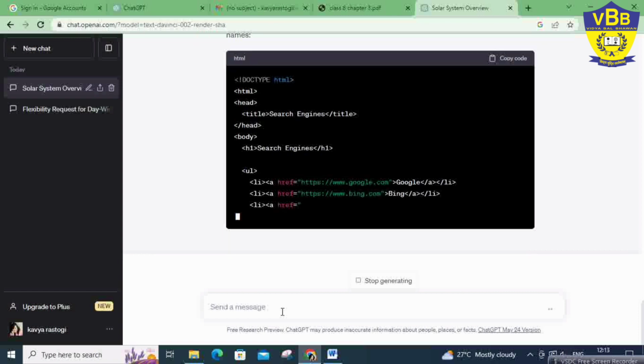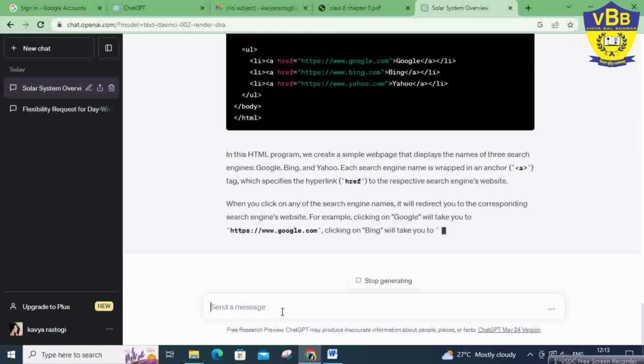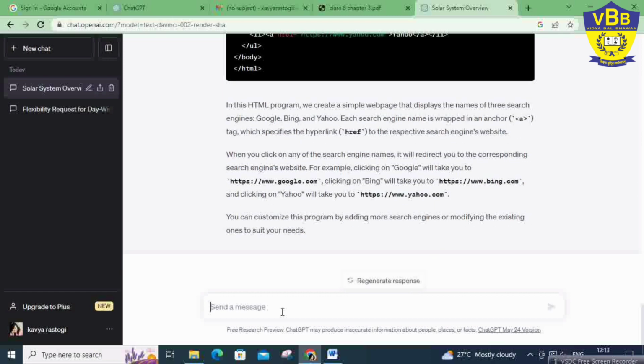I will press the enter button and it will start generating the HTML program to link three search engines with their names. Here you can see Google is there, Bing is there, and Yahoo is there.